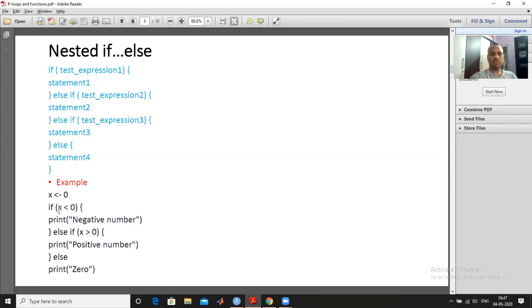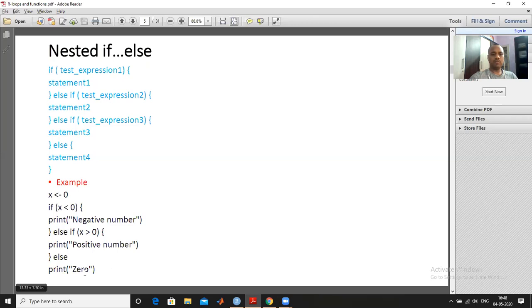So this is the first condition, similar to this one. If it is true, then do this task. This is the second condition. If this condition is true, then do this task, and if both are false, then do this task.